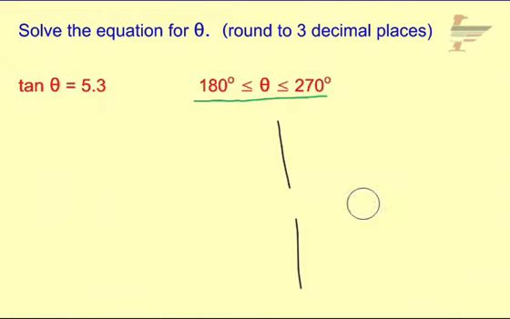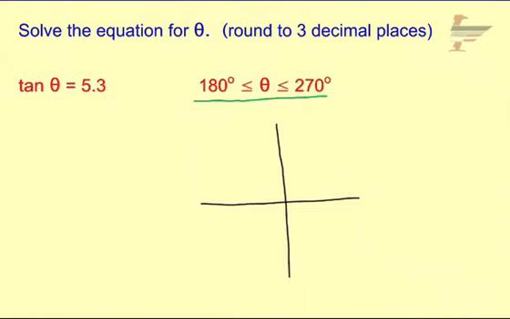Between 180 and 270 degrees, which quadrant will that be in? And that is our 180 to 270. That's our third quadrant right there. So we're going to be somewhere in there. Now we get to